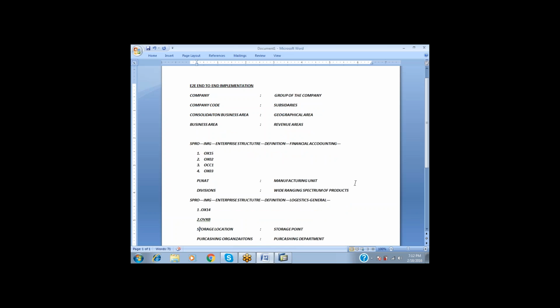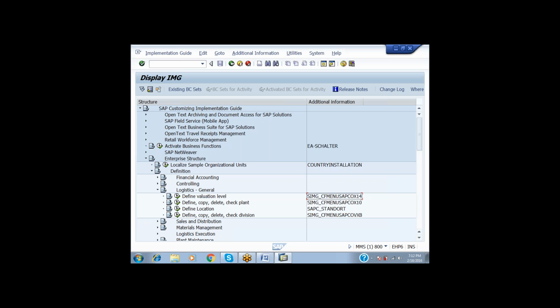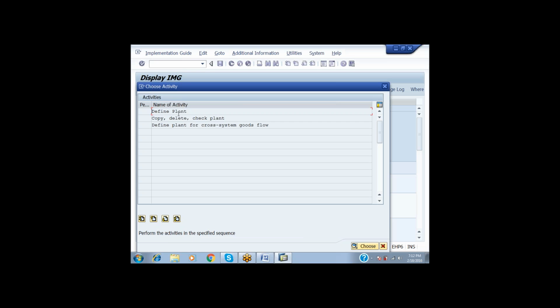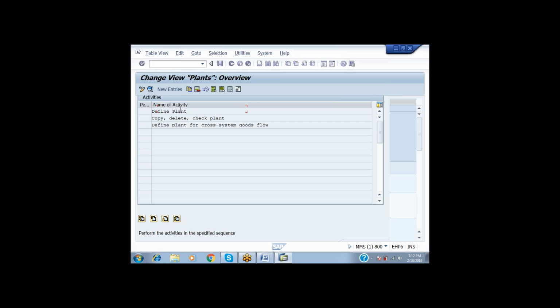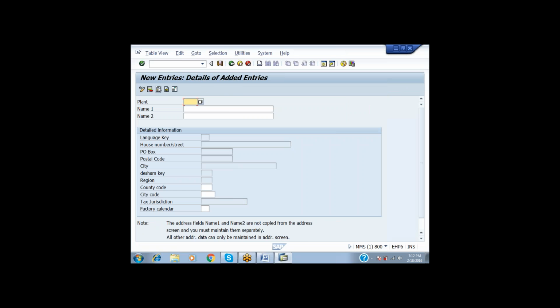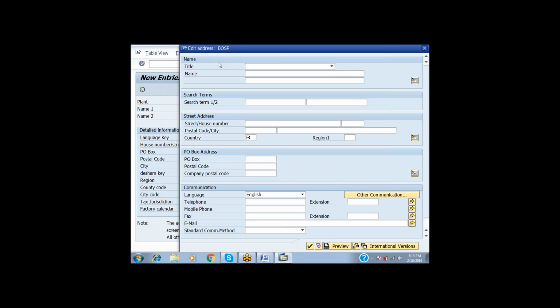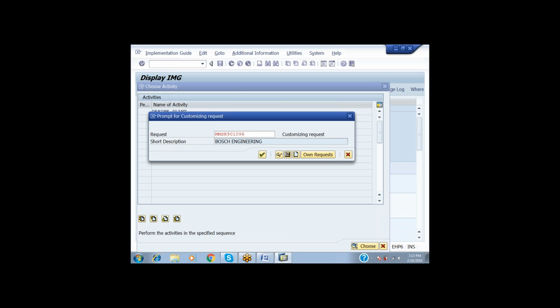So let's see what will happen. First plant, define plant, select entries. What do you want? I am making it BOSP, which I am saying is Pune production unit, and then save it. I have taken one plant, and in this plant multiple divisions of products will be manufactured.